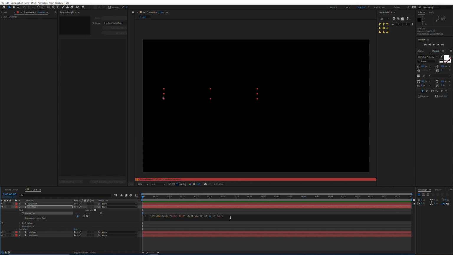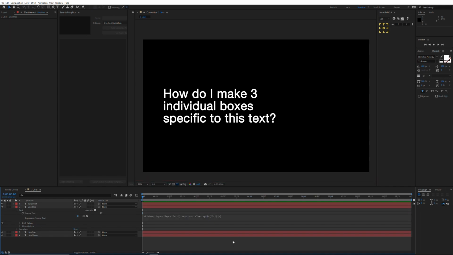And since this is line 1, we want to pull out the first line of text. So I'm going to type bracket and then 0. So the split command has created what I believe is called an array. And arrays start with 0. So 0 is actually going to pull out the first line of text from our input text. So if I click off here,